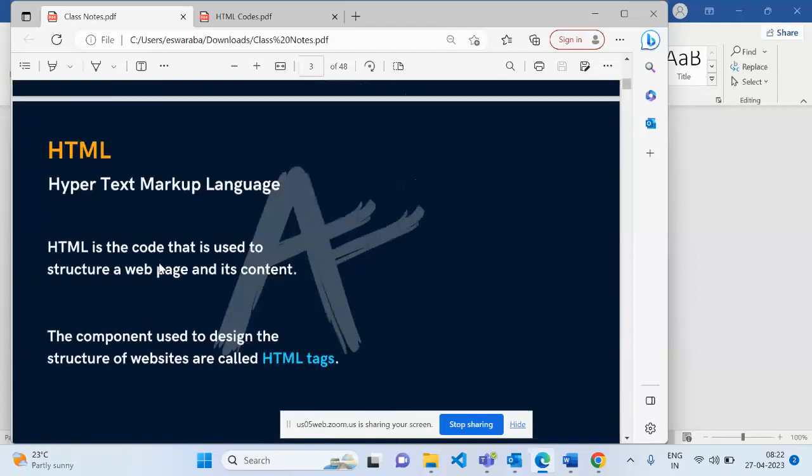Initially we are discussing HTML, which stands for Hypertext Markup Language, and we are using HTML5 now. HTML5 is the version of HTML. And what are the components used to design the structure of the website? I will tell you.